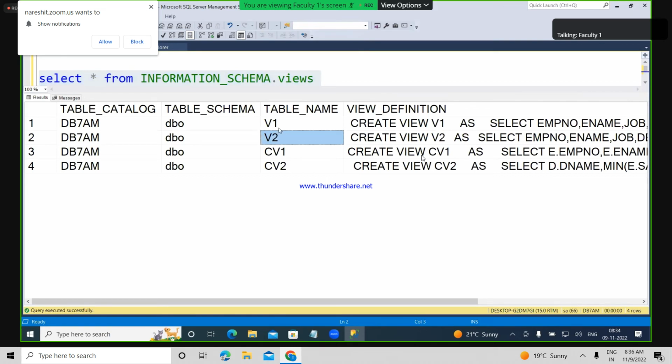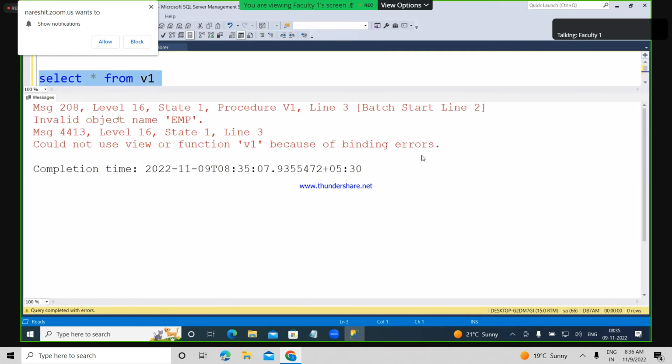Views are there, but views cannot be queried. You cannot run queries on the view. Select star from V1, because when you run a query on a view, that query is executed on the base table. But the base table is not there, so this query gives an error: invalid object name EMP. It's not saying invalid object V1, it is saying invalid object EMP. Because when you run the query on a view,